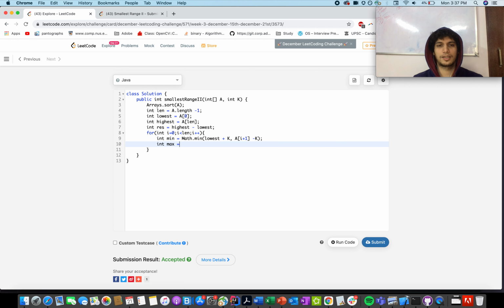Otherwise, we'll go for the maximum value. Math.max, highest minus k and a of i plus k, because we want to reduce the difference at all times. Hence, we are subtracting k from the highest element, and we are adding k because there could be a possibility it goes beyond the maximum value. If it doesn't go, then it will be covered by this.